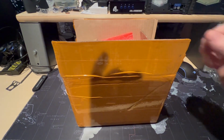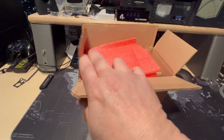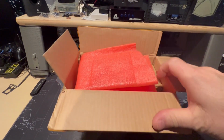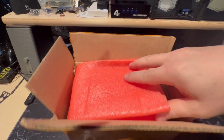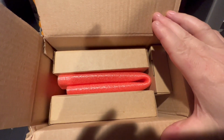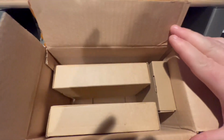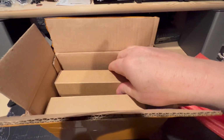Hey everybody, Mike N2MDX, and we got something from China here today. Been waiting for this for about a month. Looks like it's packaged pretty well here. Yep, you know what it is. It's the little...